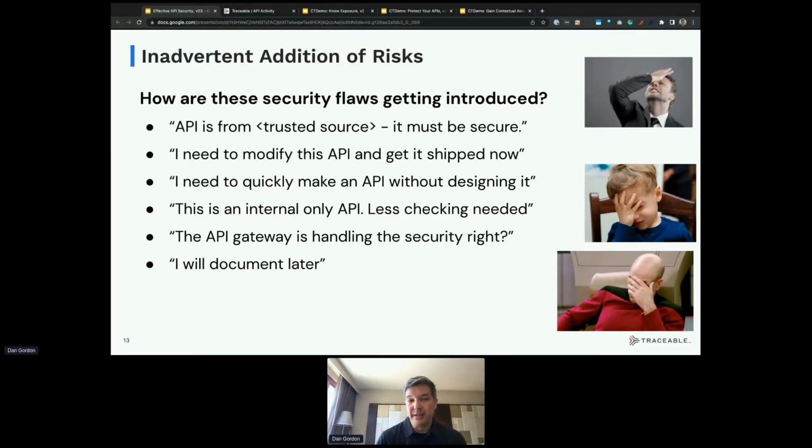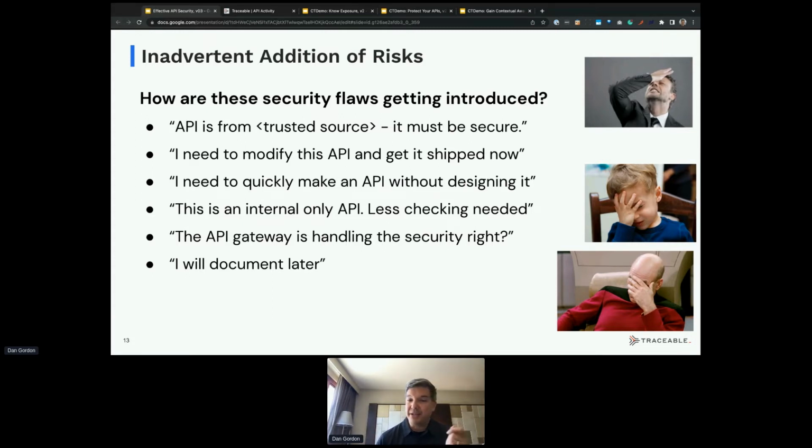Now, we also see a lot of pressure, time pressure, release pressure. I need to modify this API and I need to get it shipped, so we skip steps, maybe like authorization. Similarly, I need to quickly make an API without designing it, right? Somebody maybe came in and requested, hey, that data you have is great, internal, but I need access to it.